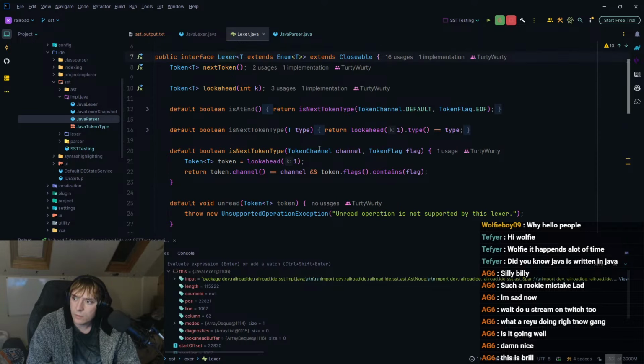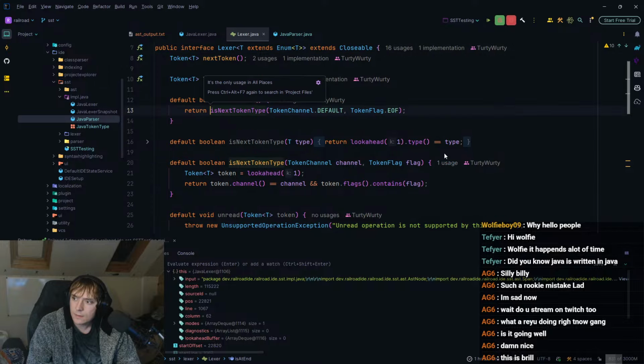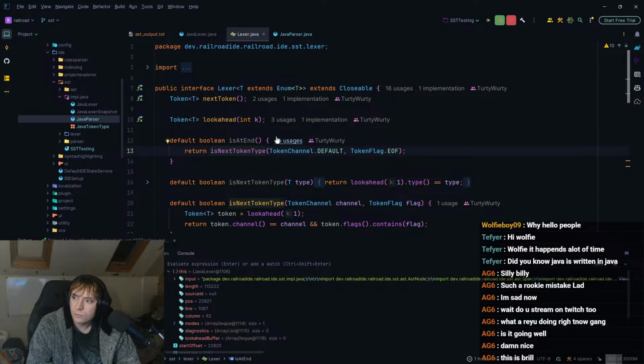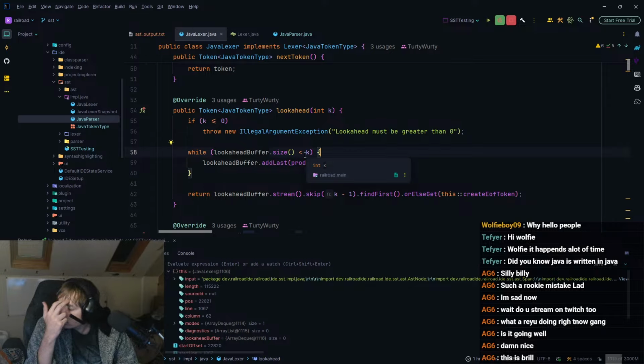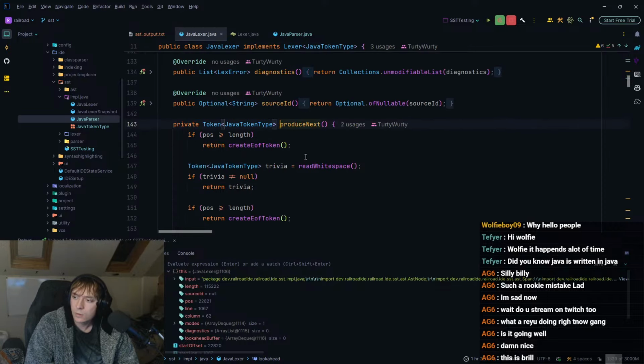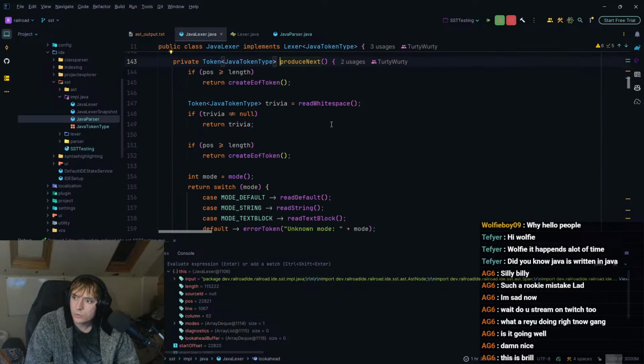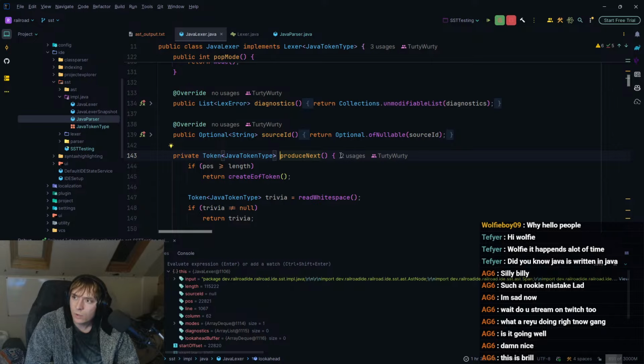This should be being used though. Is next token type, which is called oh. So if I look ahead buffer, add last, produce next, which no, that's not what I'm. Wait,